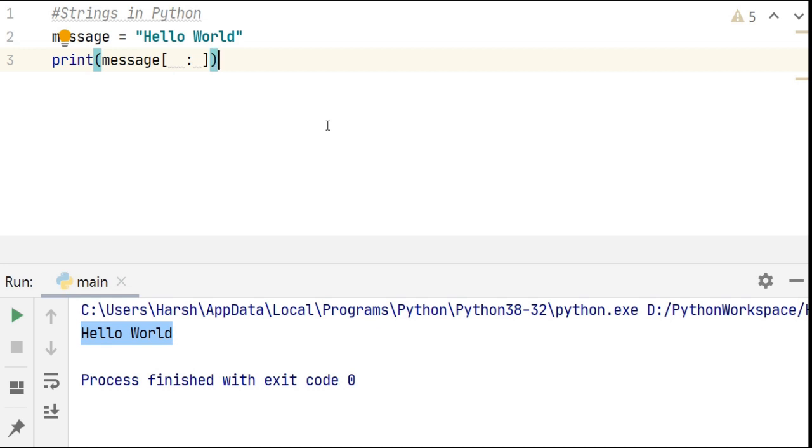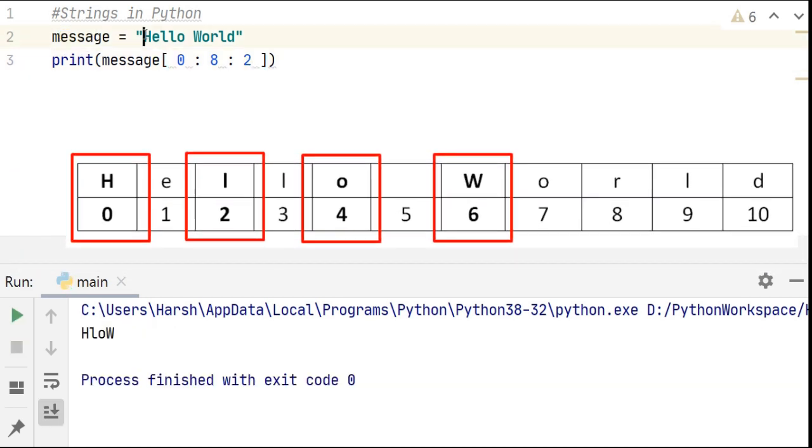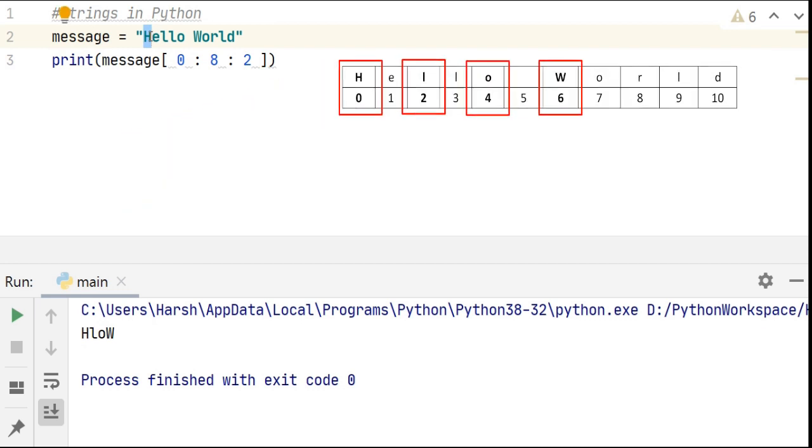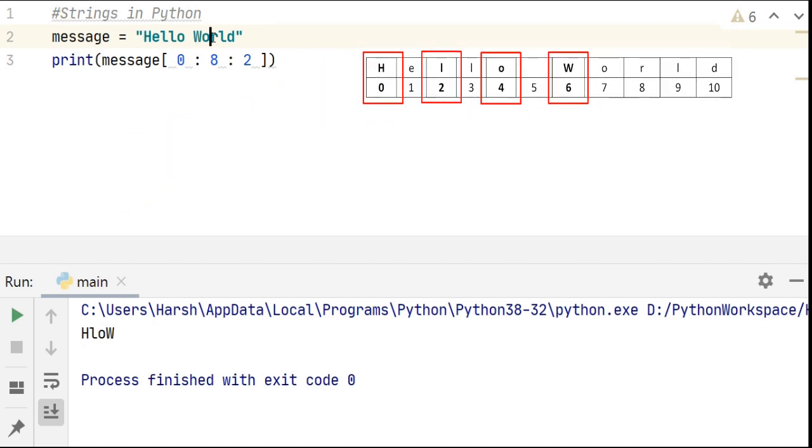Now there is also a third parameter called steps that is to be mentioned when we want to specify how many steps to take while slicing. By default it is 1. So when we type I want a string from 0 to index 8, taking 2 steps at a time. And then when we run it, we get from 0, so it is from the starting of the string, till 8, which is till R, that is index number 7, and 2 steps at a time.